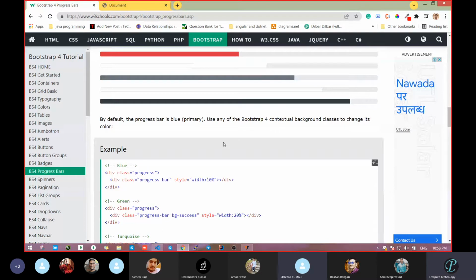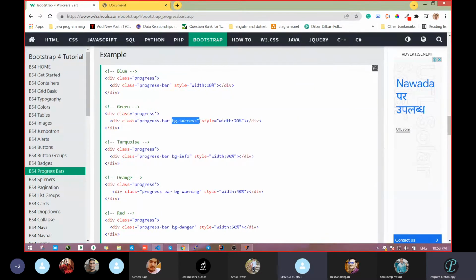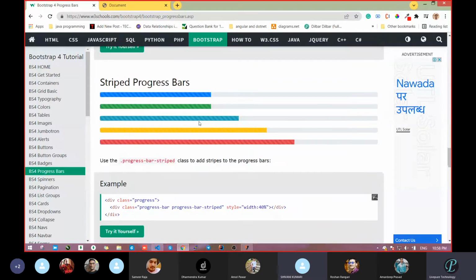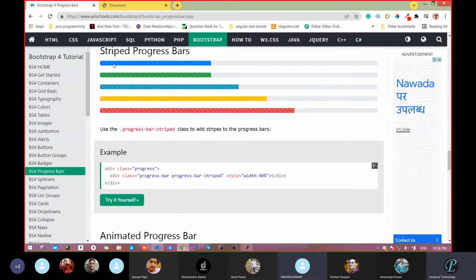So we want different colors. We were adding BG success, primary, like that we can do background color. Now the striped progress bar. You want this type, something rotating type. The name itself is progress bar hyphen striped.